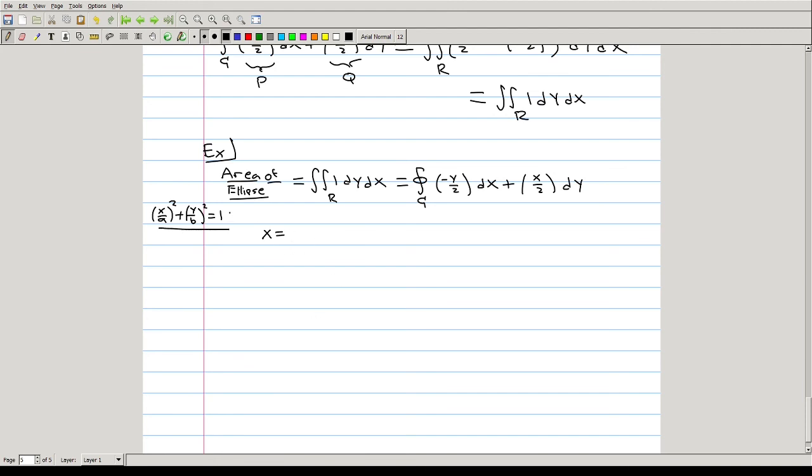The ellipse is parameterized as x is equal to a cosine of t, y is equal to b cosine of t, which means that dx dt on the ellipse is negative a sine of t, and dy dt on the ellipse is,